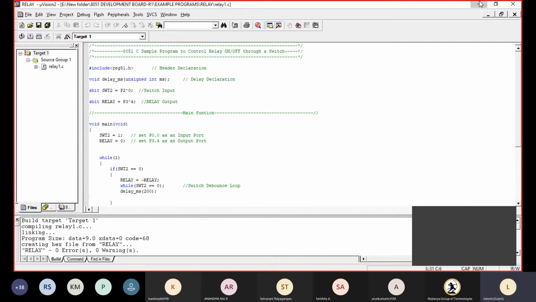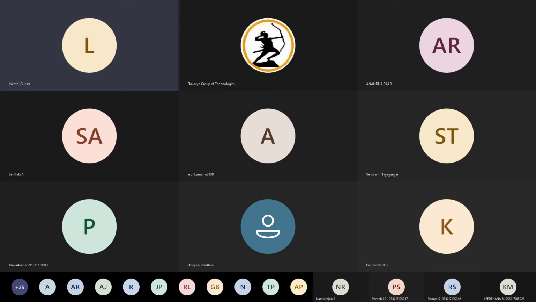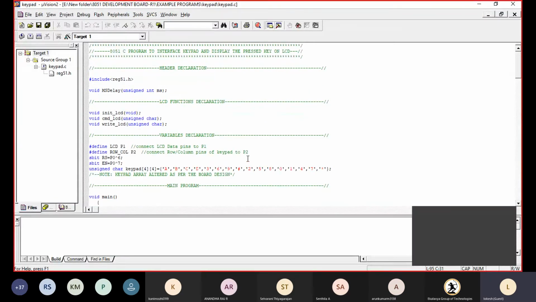So this is the program, to interface a keypad and display the key on the LCD. Whatever key we press will be displayed on the LCD.